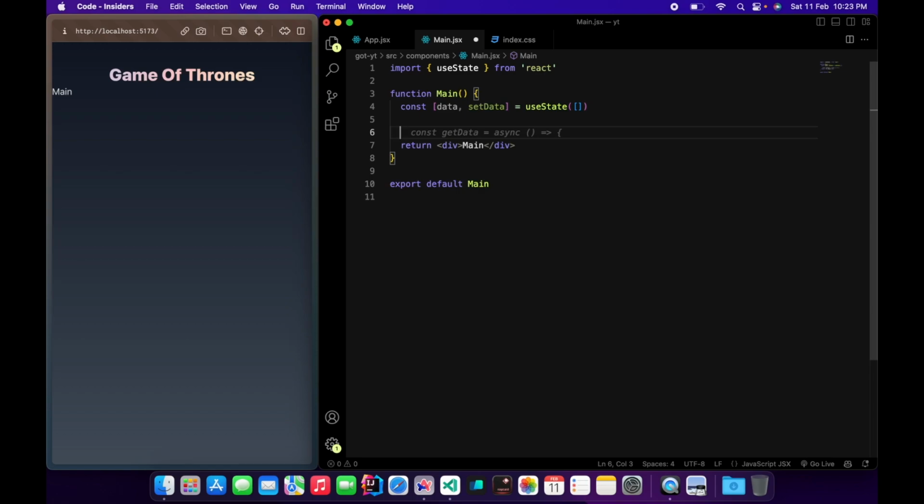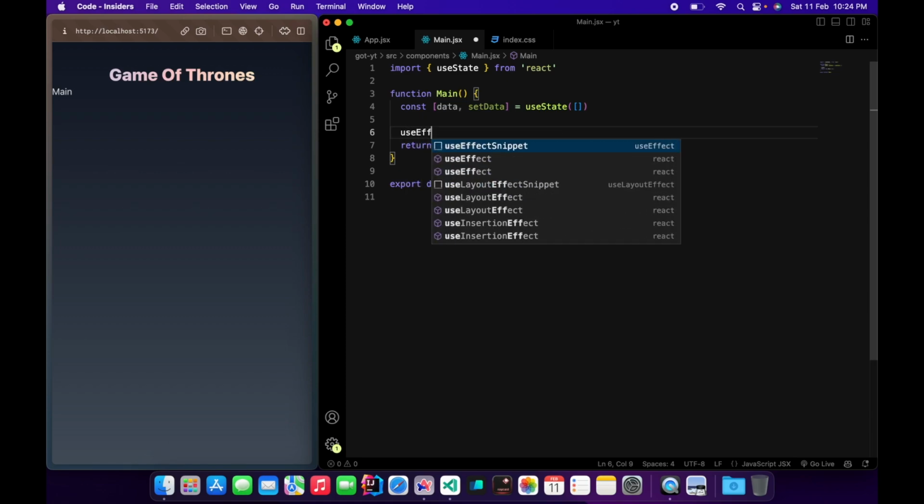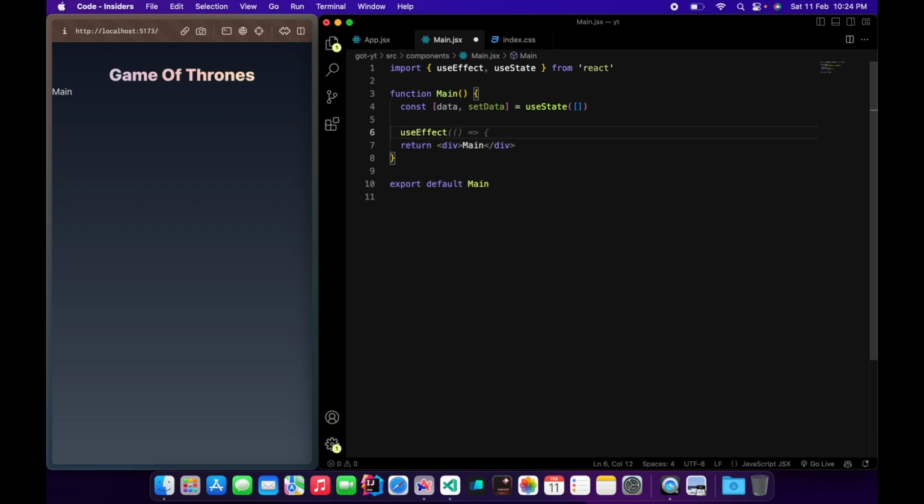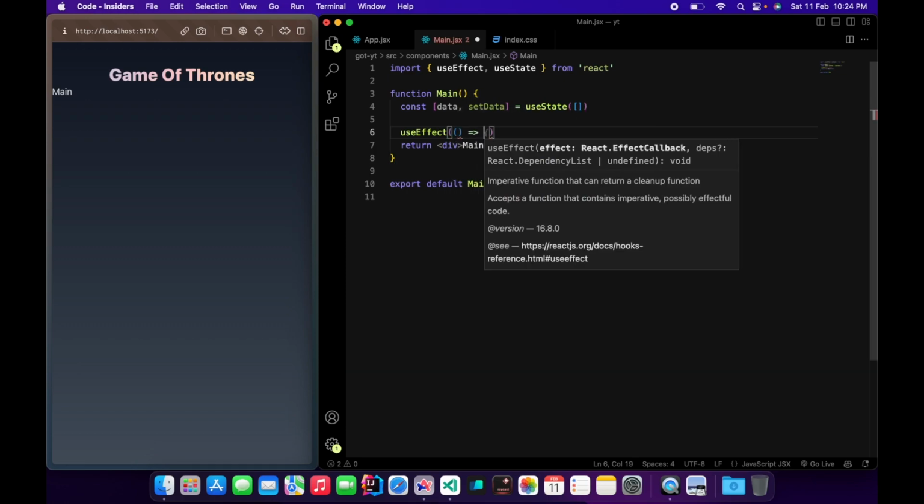The useEffect hook is a way to tell React to run a function after rendering our component. This function can be used to do things like fetching from an API, updating the title of the page, or logging events to the console, and all those side effects. So let's start with useEffect. Now import useEffect, and then